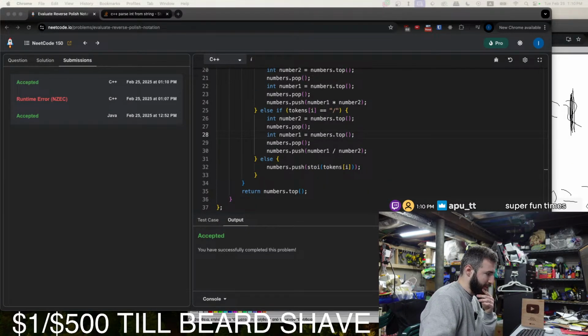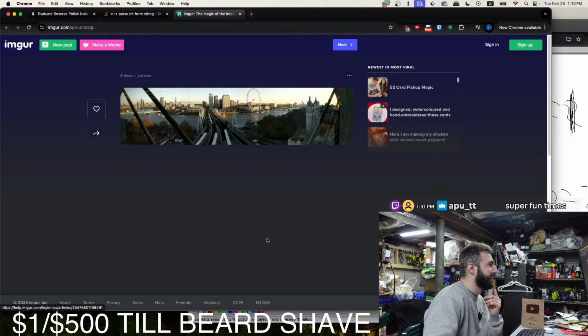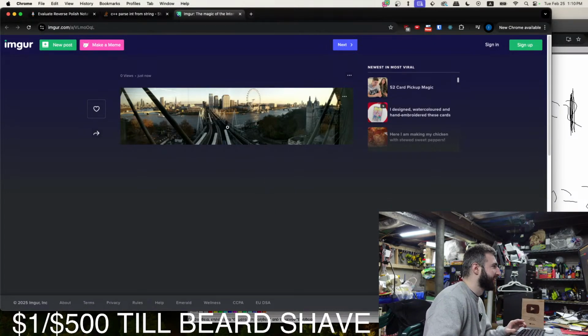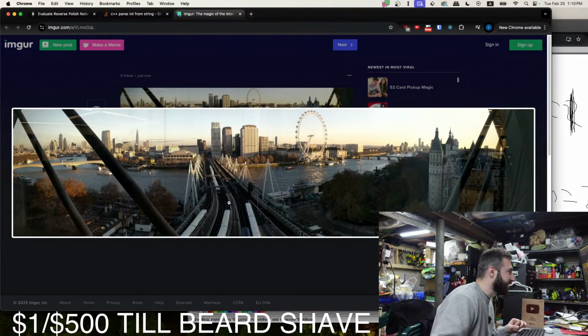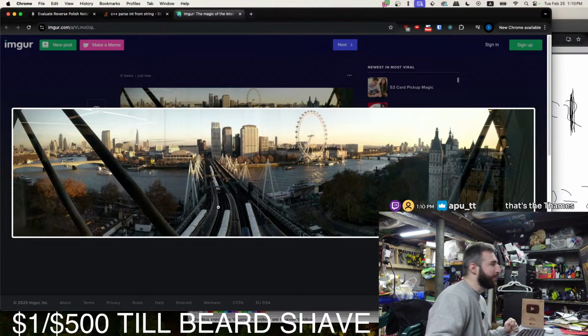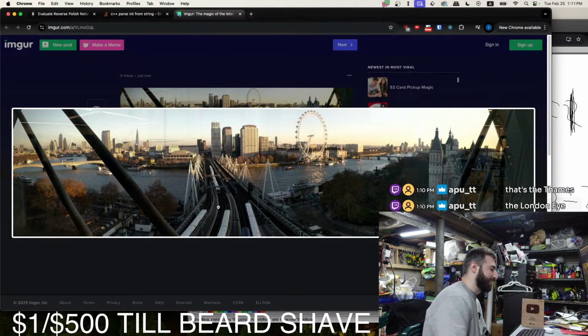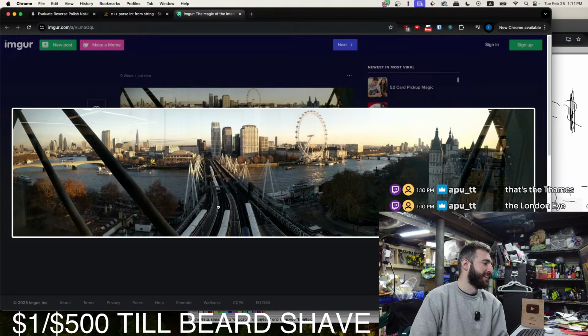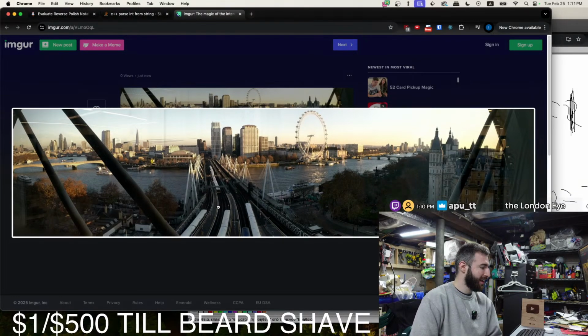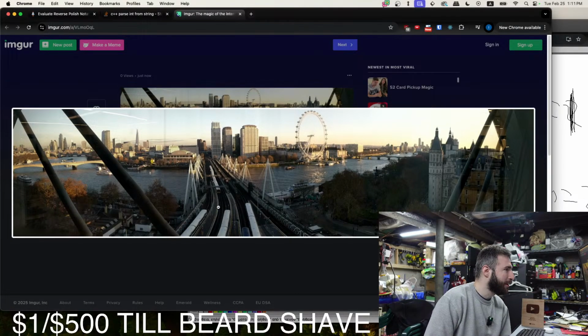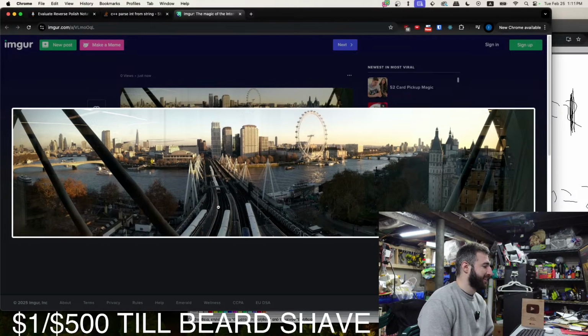This was the view from that office. Super fun times. Holy cow. That's nice. Wow. Where is this? This is beautiful. Holy cow. That's the Thames. It's the London Eye. No way. We got another UK guy? Dang. Kabir Sink and 80 Eastwood, you got a new buddy here. Wow. That's the London Eye.